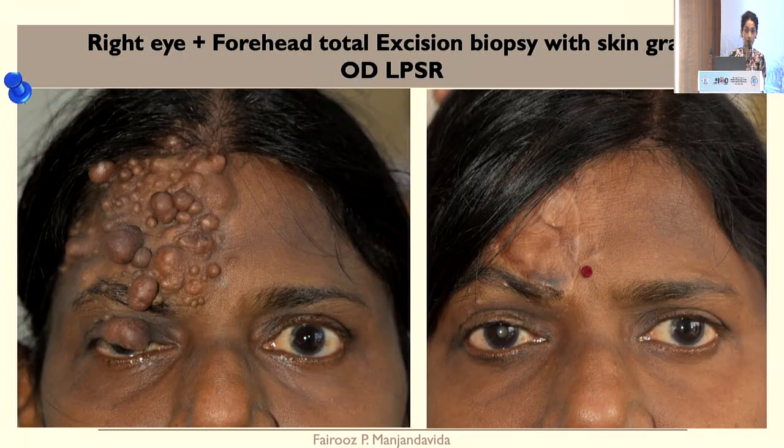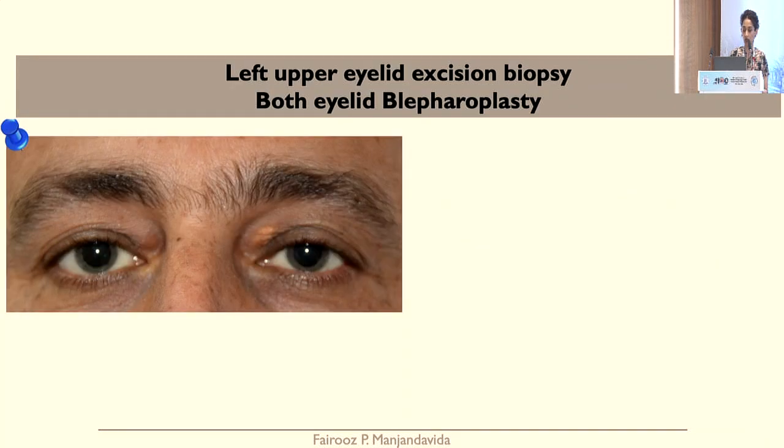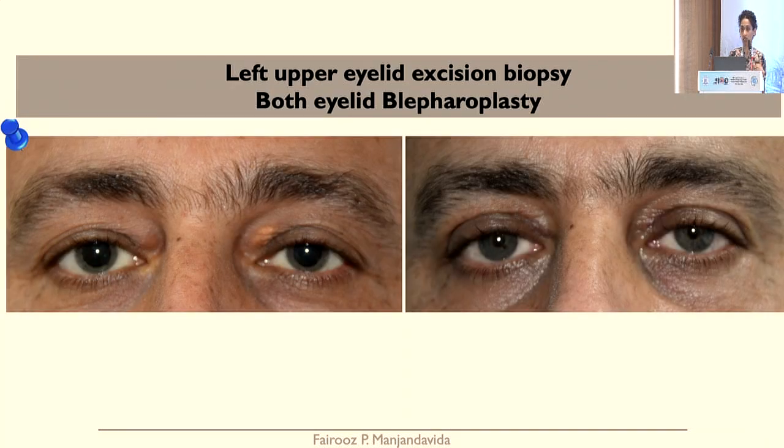This is a neurofibroma, a localized neurofibroma of the right eye and forehead, where total excision biopsy with skin graft was done, and she also needed a levator palpebrae superioris resection. So these are benign tumors. It's mainly cosmetic that you're dealing with, all right? Xanthelasma, the patient, I did blepharoplasty for both the eyes, which cosmetically enhanced his look also for the xanthelasma of